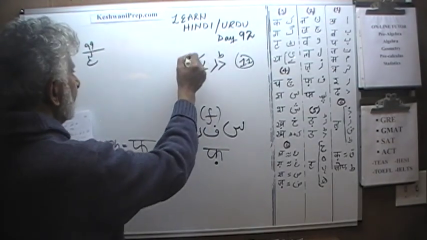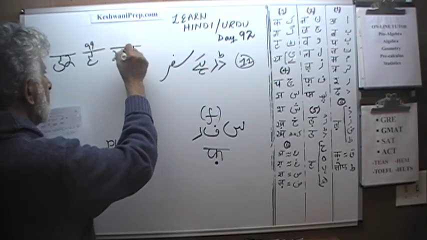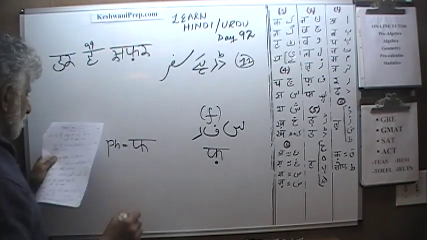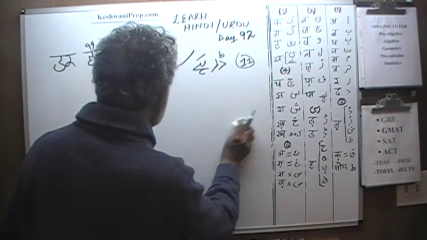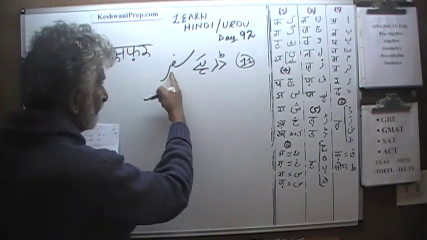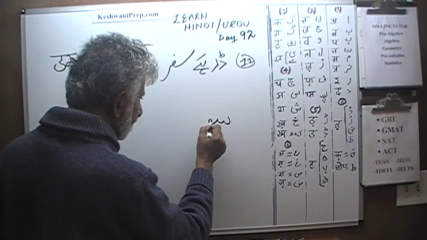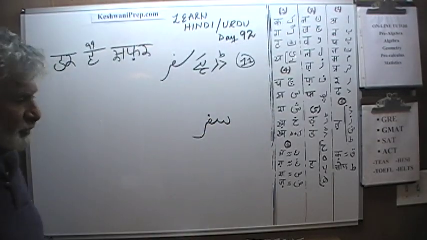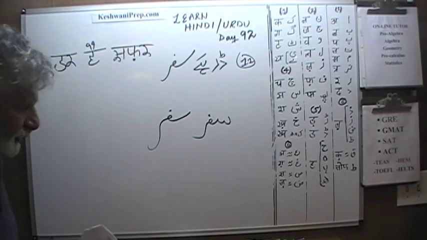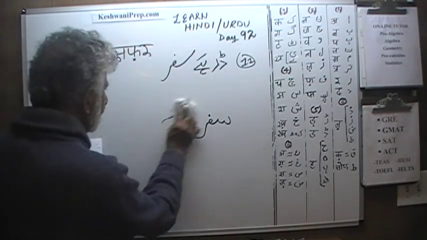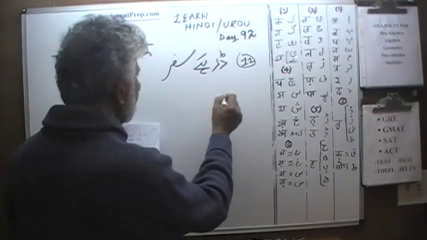Dar hai, suffer. Dar hai suffer mein. And again, the way I wrote suffer here is fine, or you can write it like this. You can make two loops and then one more for the fe and like that. You can write it like this, but as you can see it takes a long time. It's much quicker just to make one long loop and be done with it. Suffer. Dar hai suffer mein